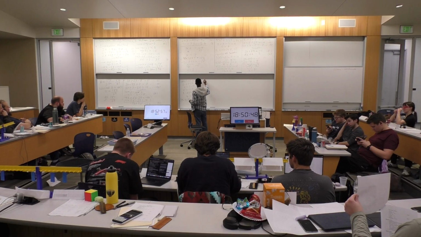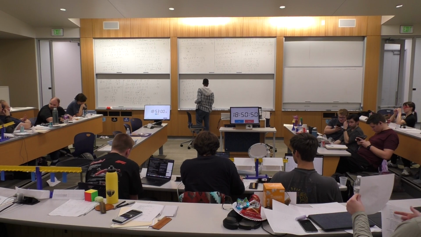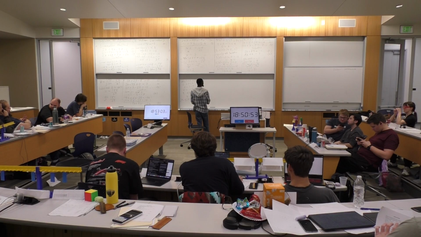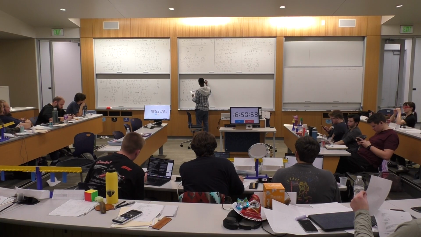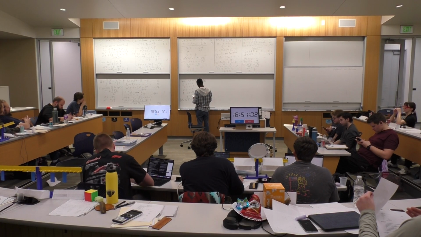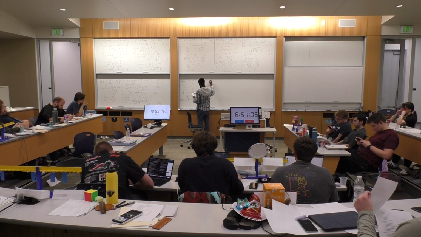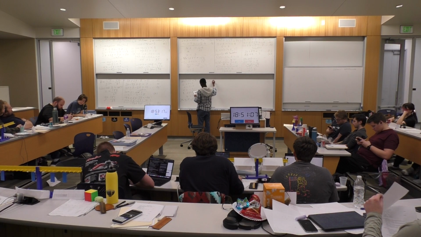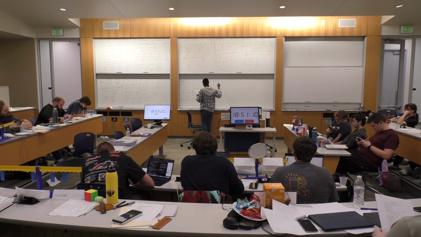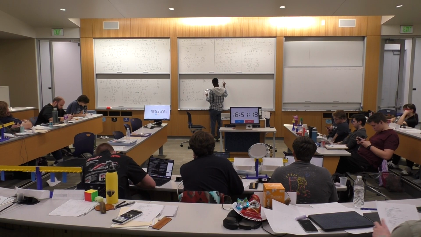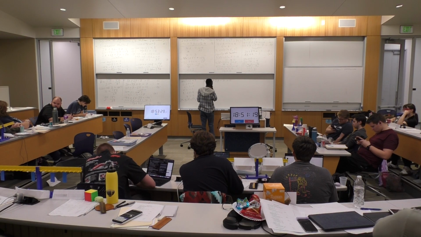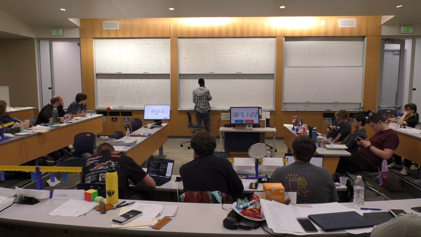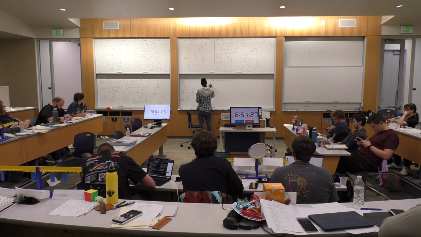I will plug that in. To solve this, 3x plus 2y negative z equals 11. You have 2x